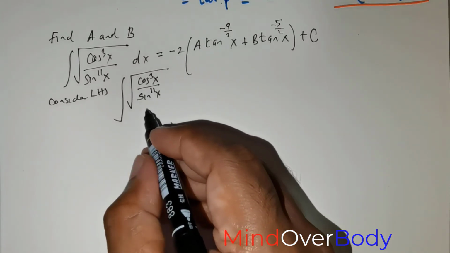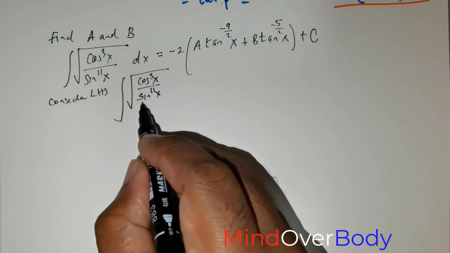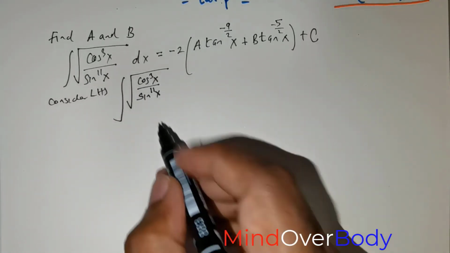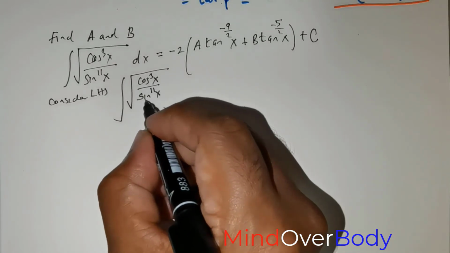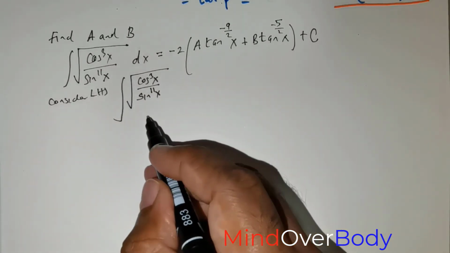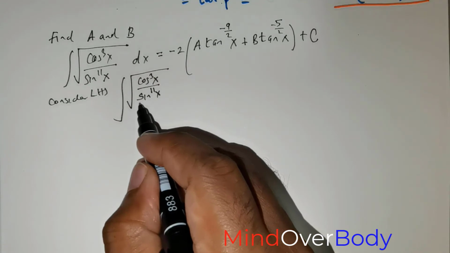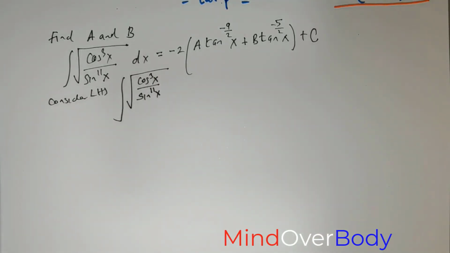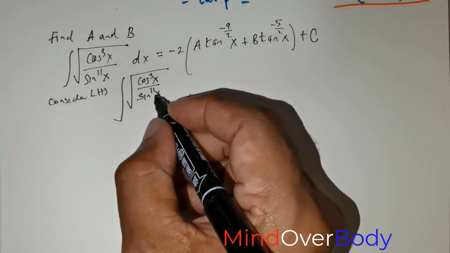That's exactly what I'm going to do. So as I mentioned to you earlier, if you have questions involving sine and cos, you will have to bring in tan, do some manipulation